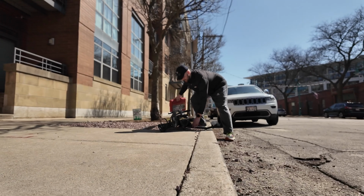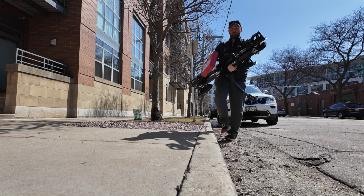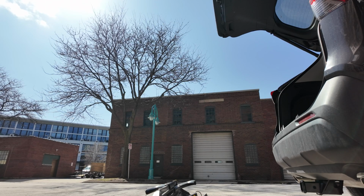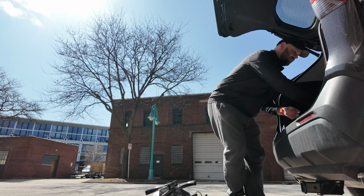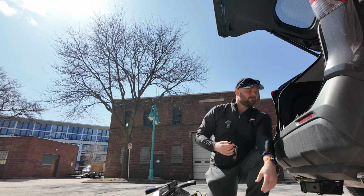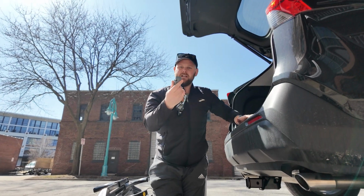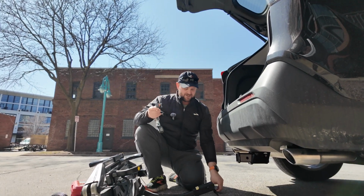So we're gonna put this bad boy on. Ignore that for a second. Definitely ignore that for a second. That's just my car saying the proximity key has left the building. There we go. All right, so took the key lock off. And this is a